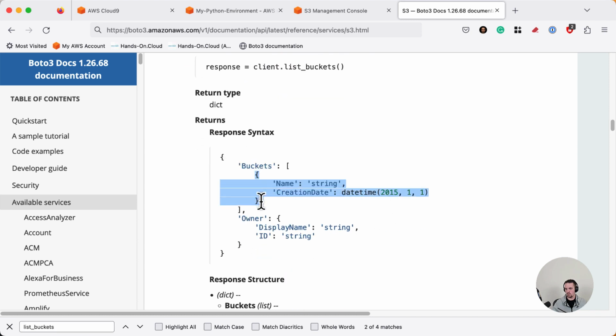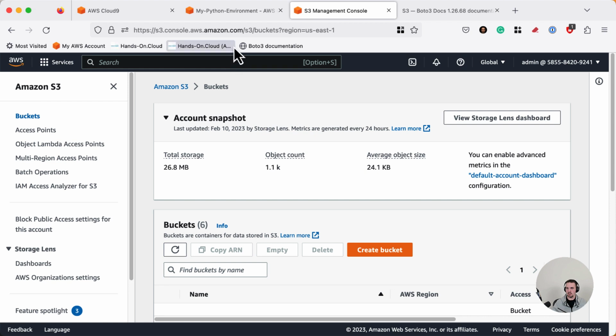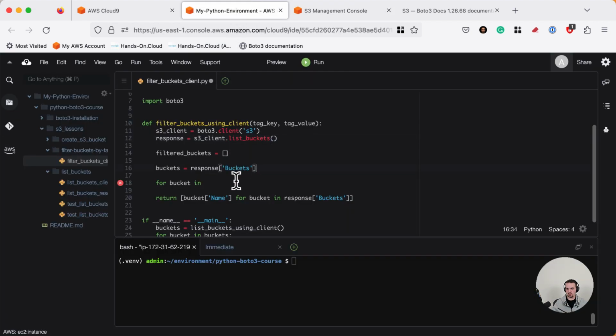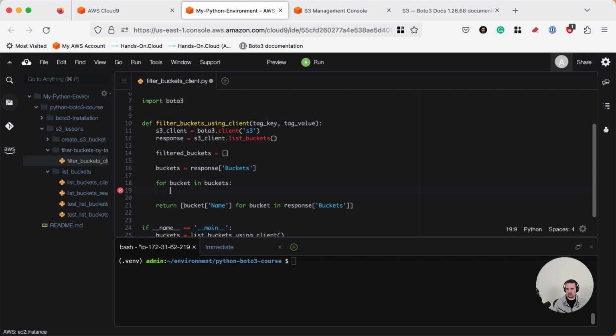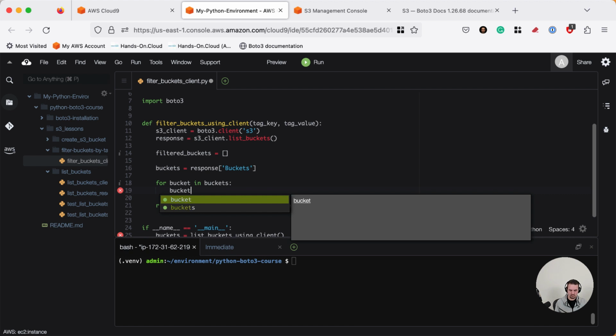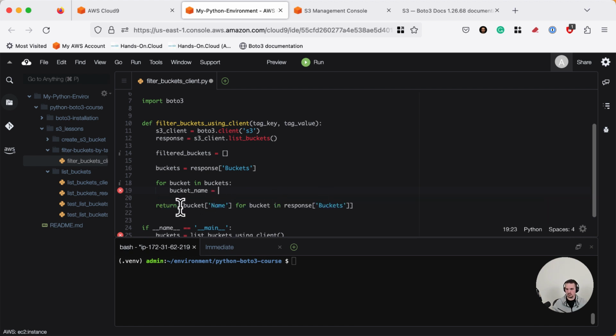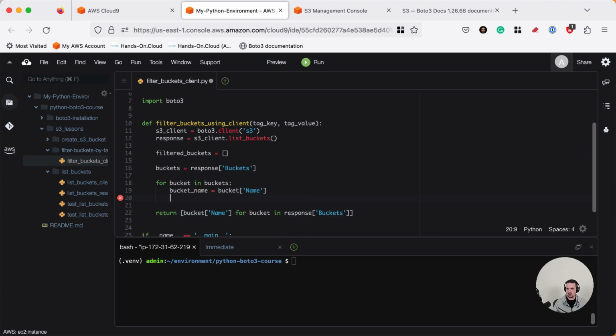We will walk through this list items and get the bucket name from here, right? As we did in the previous example. So for bucket in buckets, and I'm getting a bucket name, like this. Now we have the information about the bucket name,